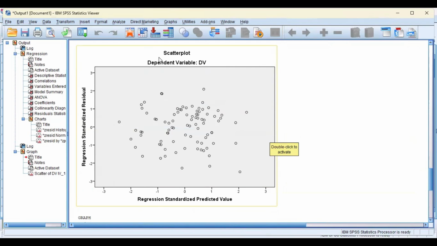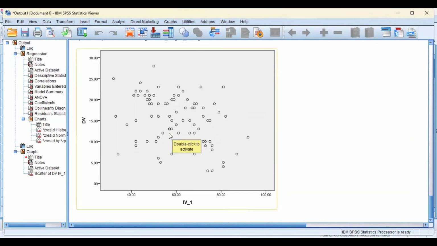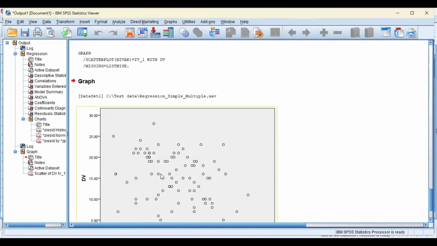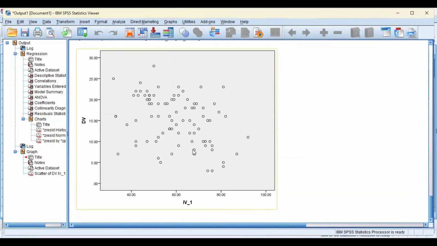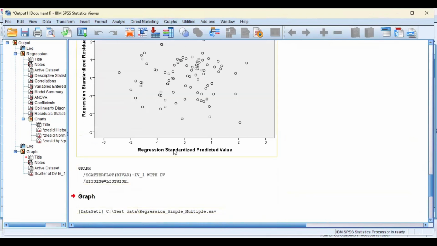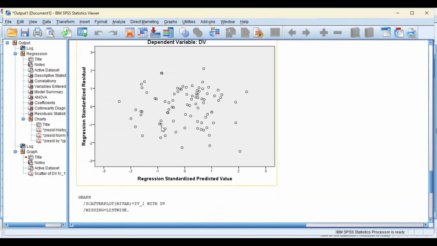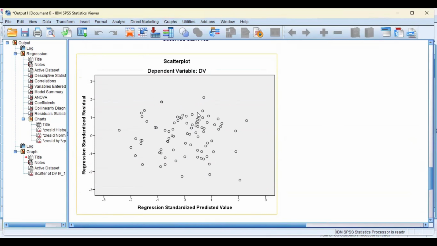As long as you don't see a U shape, you can say that linearity is met, because the scatter plots made using the Graphs function usually do not show you a very nice plot, and so can be very strict in checking this assumption. So anyway, if you want a lenient approach, you can check linearity based on this plot, based on the interpretation that I mentioned. And the second assumption that you can check based on this scatter plot is the assumption of